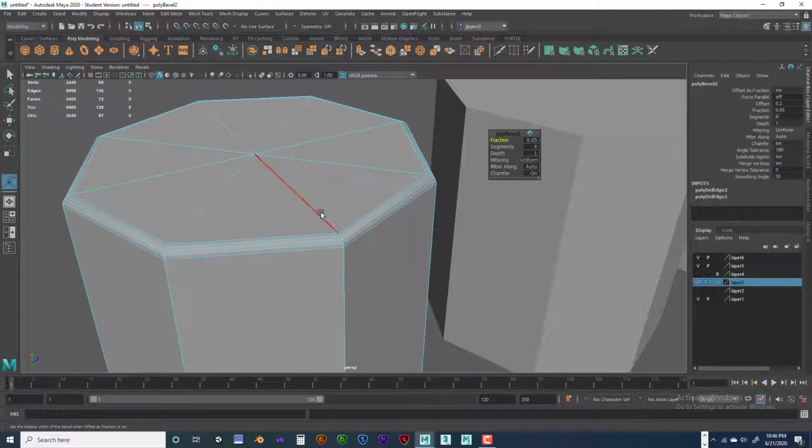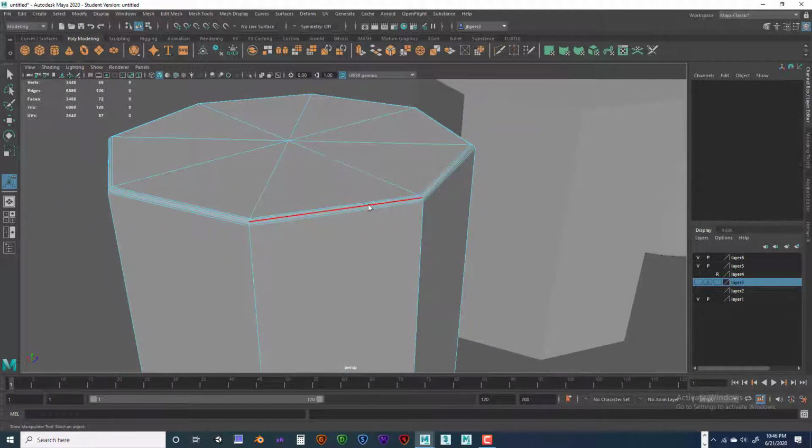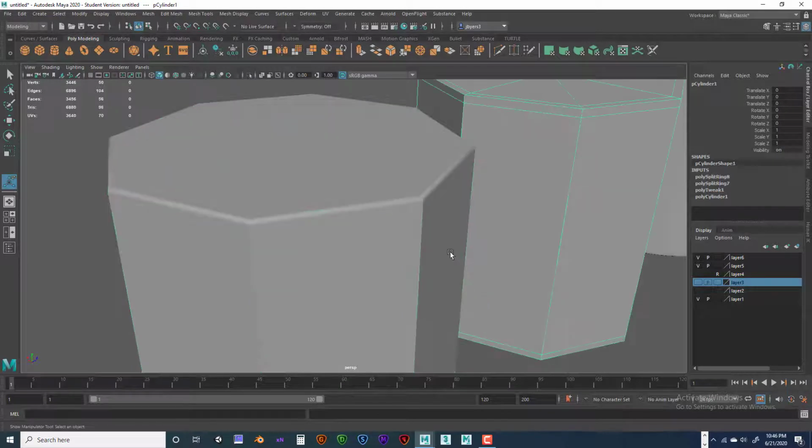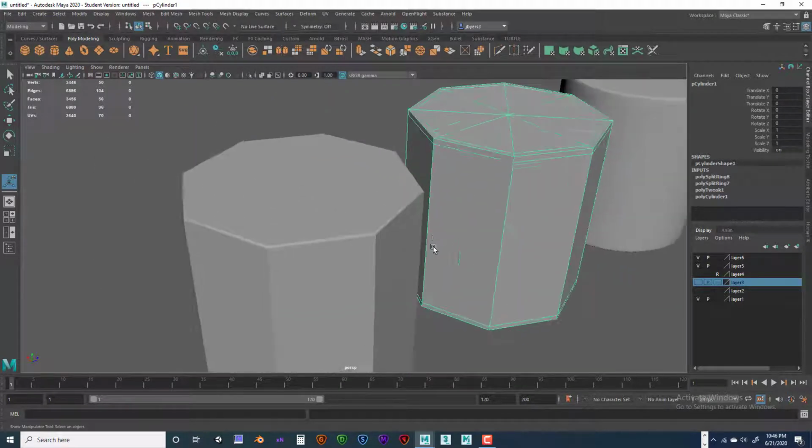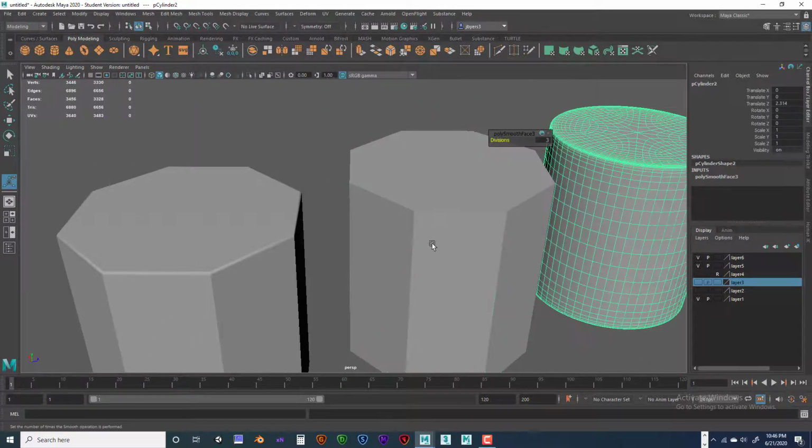There we go. That's a little better. I think we can go even more. 0.025. Sorry about this. Alright, there we go. Okay, that's better. Alright, so I click on that. Alright, so yeah, okay, so you can see the difference between, well,